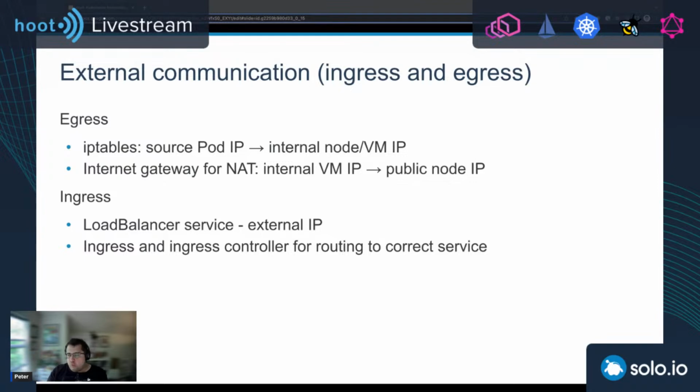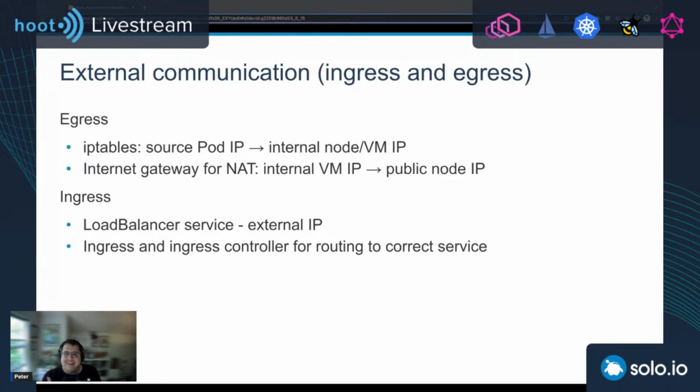And then typically when we're running this in, let's say, a cloud hosted cluster, the nodes have private IPs and they run inside a VPC, a virtual private cloud network. Now, in order to allow those nodes access to the internet, we typically need to attach an internet gateway to that VPC network.